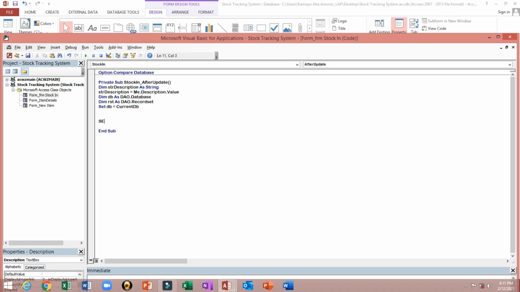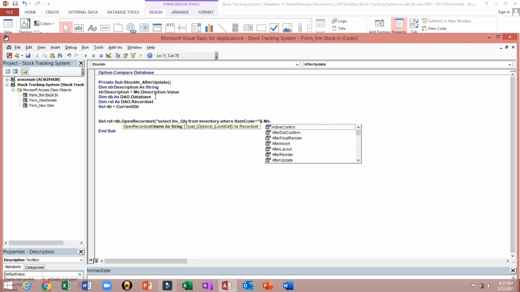Then here we'll put Set rst equal db.OpenRecordset, then select inventory quantity from our table, which is inventory table, where item code equal and Me.ItemCode here, then close parenthesis, then